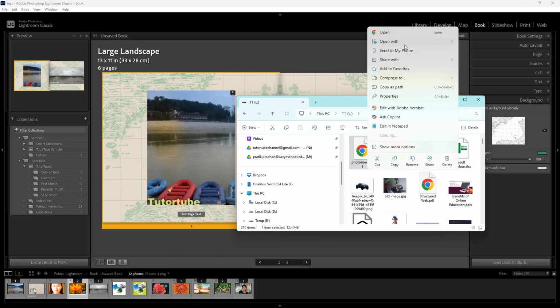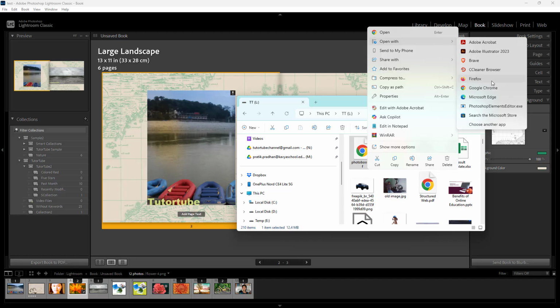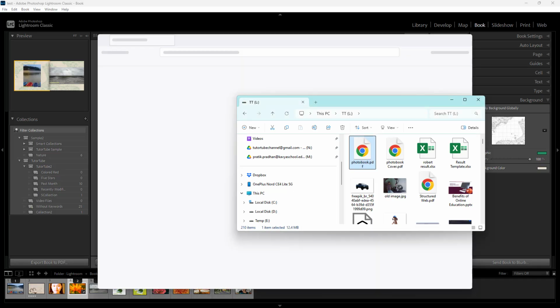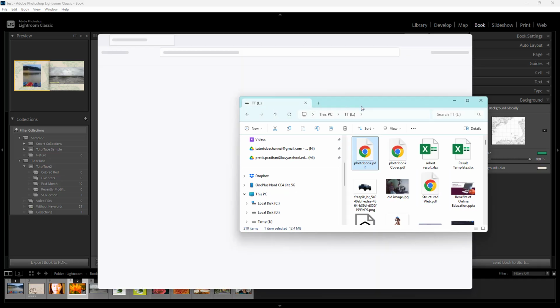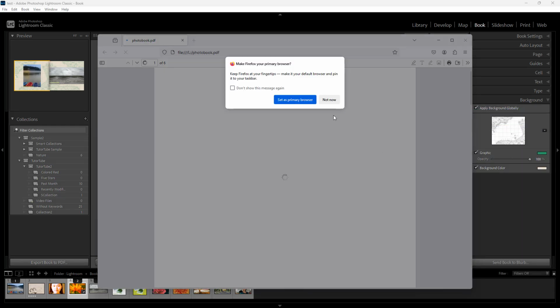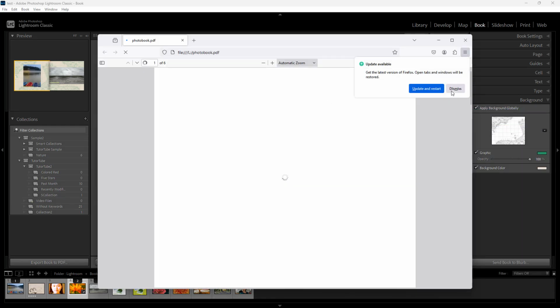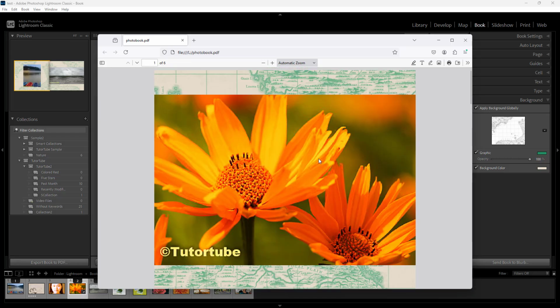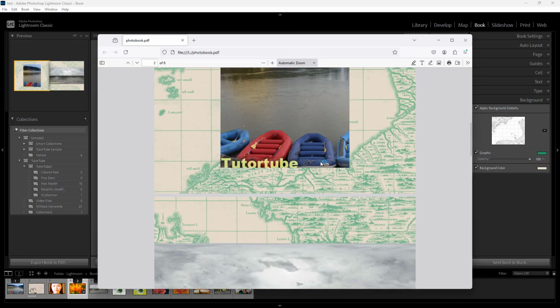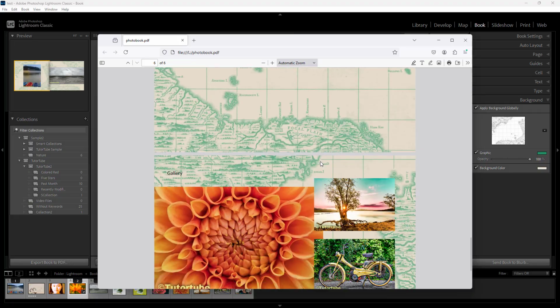Let me just open it out with something. So let's just open this out with my Firefox browser right here, just like this. And then over here, you can see that there is the book right here. Let me just not worry about any of those. And you can see the book right here in PDF format, everything arranged out, as you can see right here,